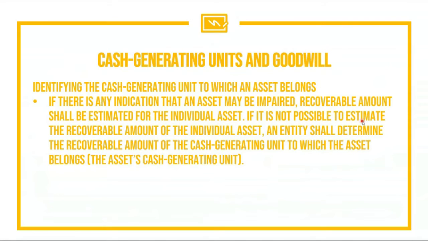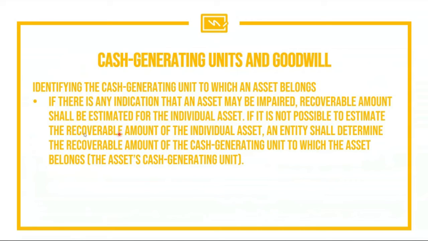If it is not possible to estimate the recoverable amount of the individual asset, an entity shall determine the recoverable amount of the cash generating unit to which the asset belongs. So the basic concept here is, what if an asset that belongs to a cash generating unit is impaired? Are we going to recognize the impairment loss immediately or not? So the concept there is,